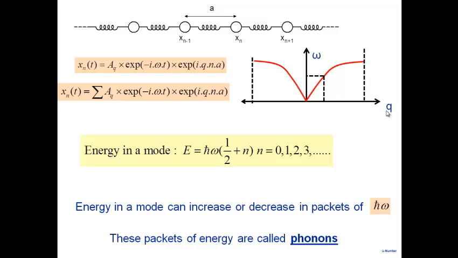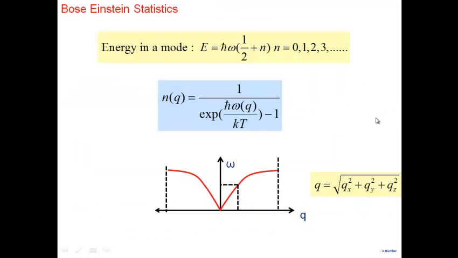So I don't need to think about lattice vibrations anymore. What I need to think about is phonons, that they're all over in my lattice. There are phonons of different omegas, different q's, and how do I talk about how many phonons are there in a particular mode? Well, this is described by Bose-Einstein statistics, like Fermi-Dirac statistics was for electrons, their occupation probability. If you want to read more, these phonons are like bosons, and they obey Bose-Einstein statistics,